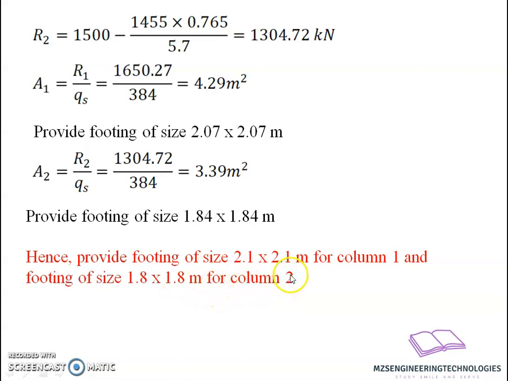After completion of this numerical, I think I have completed the part related to the combined footing, which includes the rectangular footing proportioning. It includes trapezoidal footing